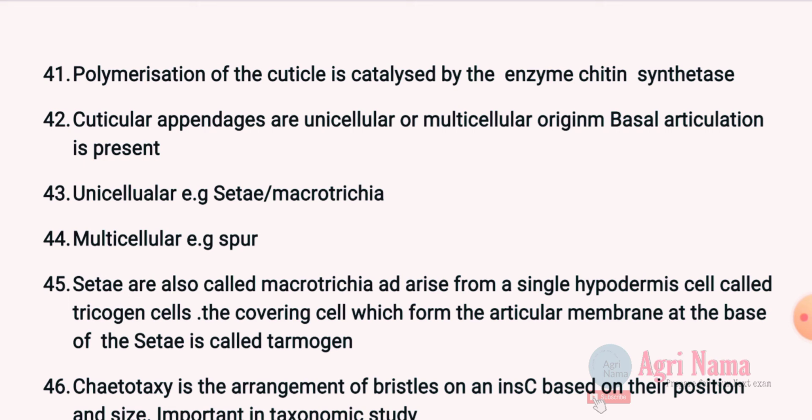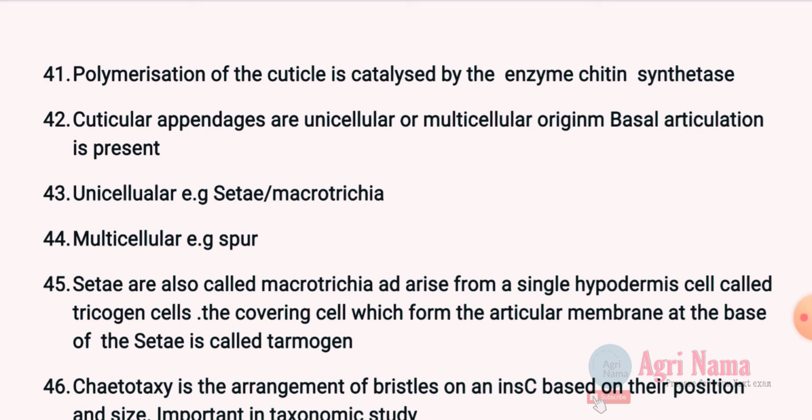42. Cuticular appendages are unicellular and multicellular in origin and basal articulation is present. जो आपके क्यूटिकुलर अपेंडेजेस होते हैं वो दो तरह के होते हैं, या तो वो यूनिसेलुलर होंगे या तो मल्टीसेलुलर होंगे. जो यूनिसेलुलर होते हैं उनके एग्जांपल्स होते हैं सीटे और माइक्रोट्रेकिया, और मल्टीसेलुलर का एग्जांपल होता है